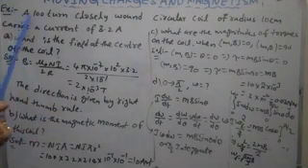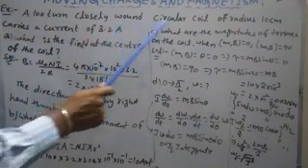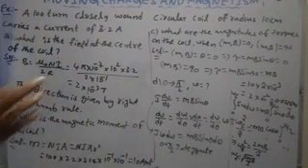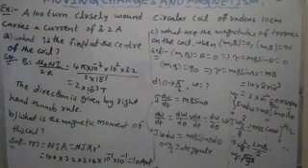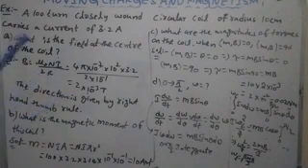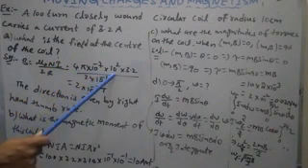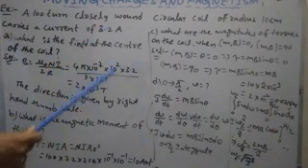This is the given data. A 100-turn closely wound circular coil of radius 10 cm carries a current of 3.2 ampere. Question number 1: what is the field at the center of the coil? Already we understood that a current carrying coil produces a magnetic field. By using Biot-Savart law, the magnetic field induction of a current carrying coil at center is mu naught N I by 2R. So mu naught means 4 pi 10 power minus 7, into number of turns.